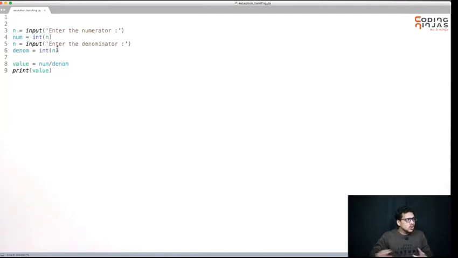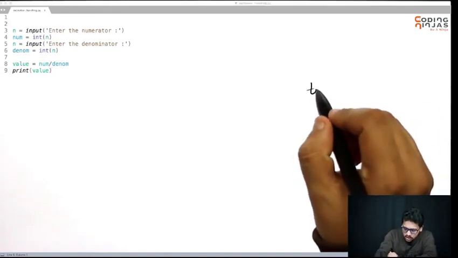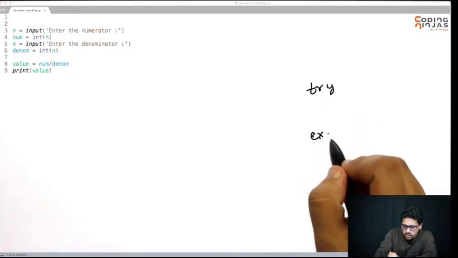Okay, so you want to run this code, and if any exception comes, you have to handle that exception. If a value error comes, okay, I will try again. I will run the code again, but I will handle the value error. How will I handle the error? So there is a concept of try and except block.